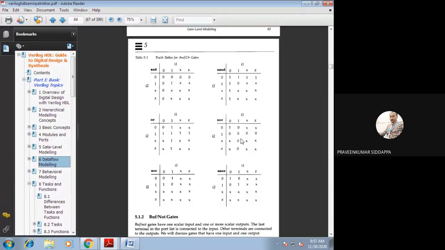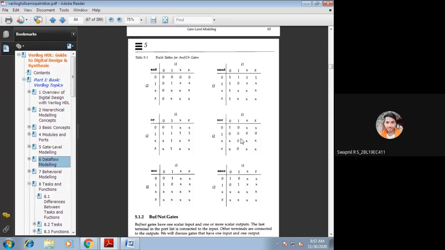Go for the second row. In the second row, I2 is fixed at 1, but I1 changes. When I1 is 0 and I2 is 1, your output is 0. Next combination: whenever I1 and I2 are both 1, 1, what is your output?